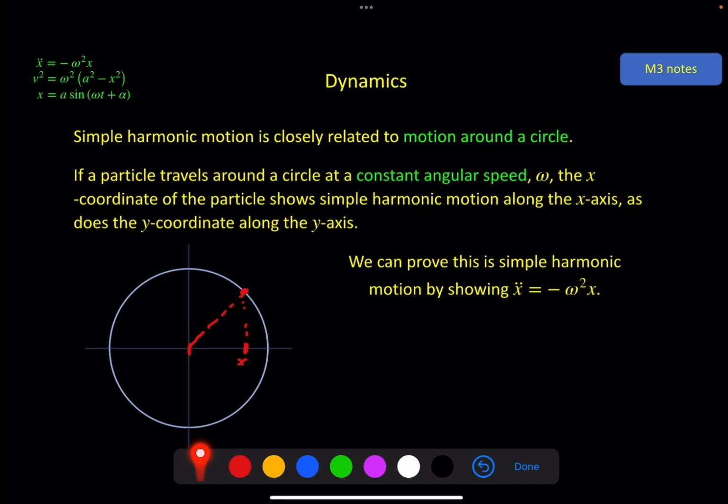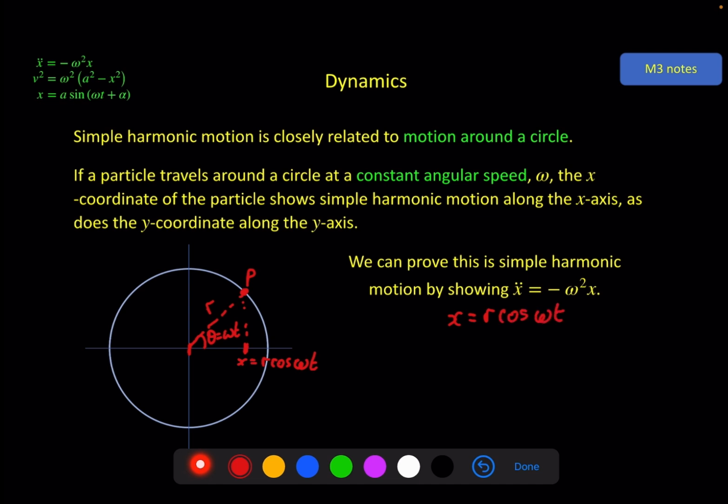So here if we've got x, we know that the radius of a circle is r, and this angle here is theta, but in terms of omega, I said omega is radians per second, so the angle, radians, is omega times time, so that's equal to omega t, which we'll look at again in much more detail in chapter 4. So theta is equal to omega t, then r cosine of theta is equal to x, the x-coordinate of this point up here, P. So that is equal to r cosine of theta, which is omega t, and if we put that over here